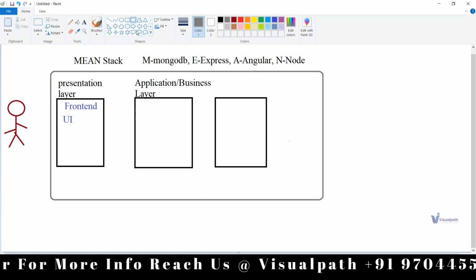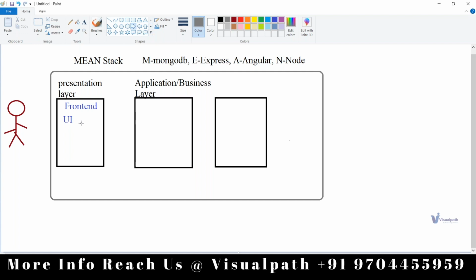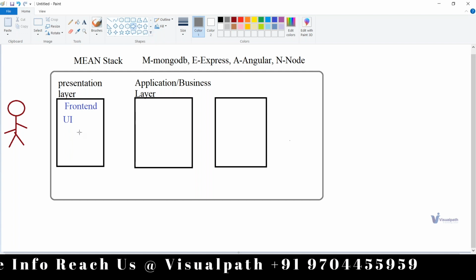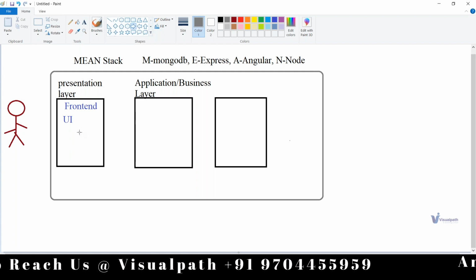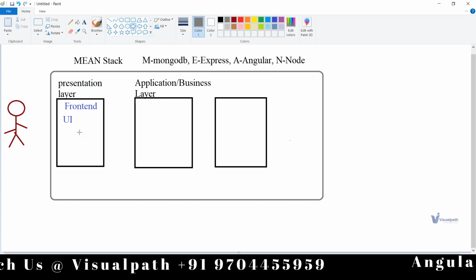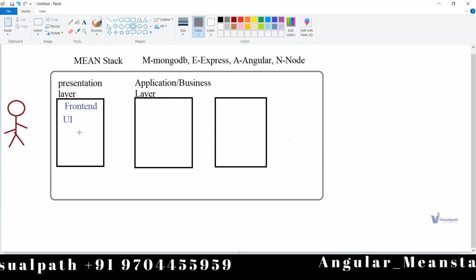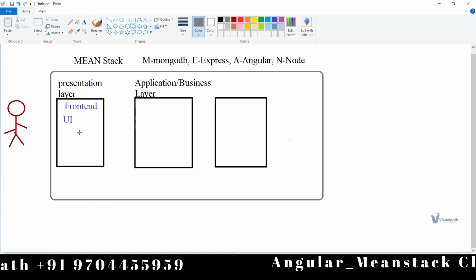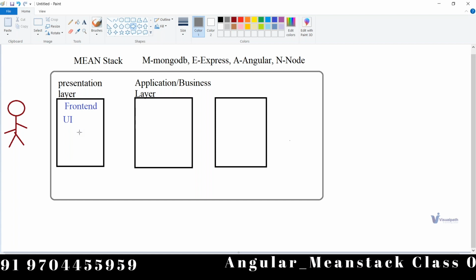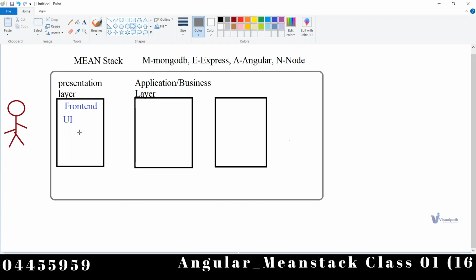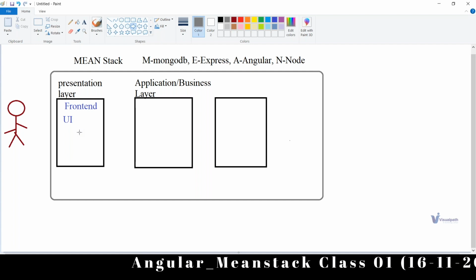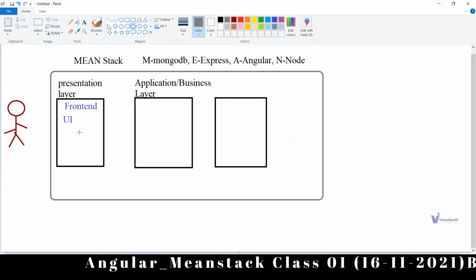Okay, next, as I told you, assume some web pages will be there. In those web pages, some data is already predefined, that is, some fields will be there, right? If you're talking about a sign up page, there will be certain fields, and the same for a sign in page. Assume, for example, the sign up page.